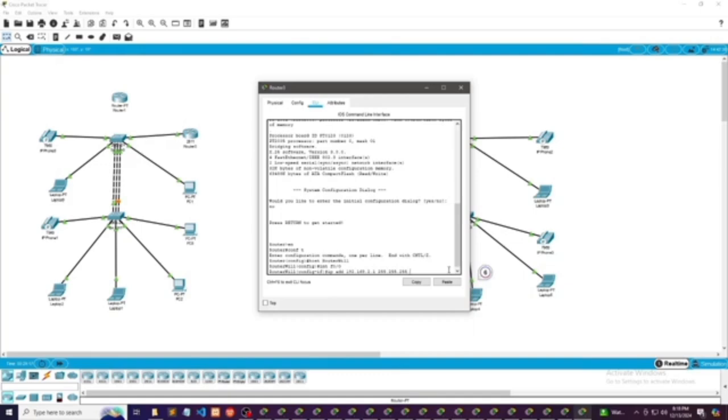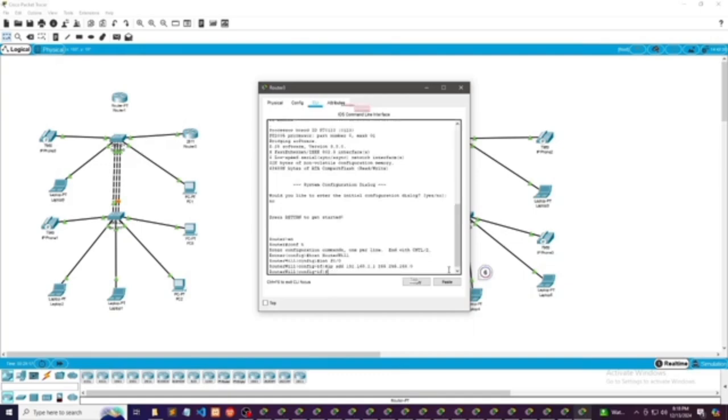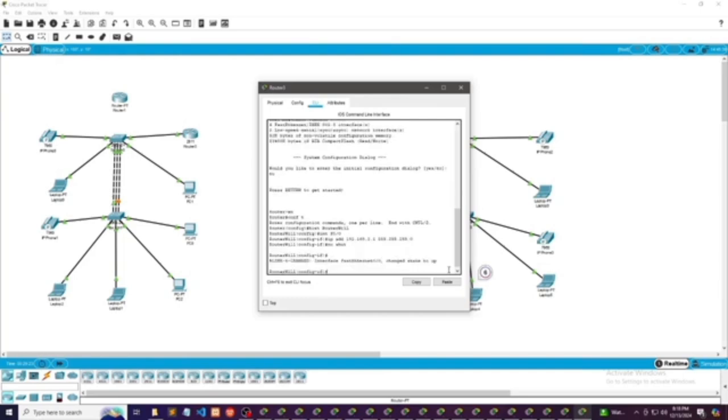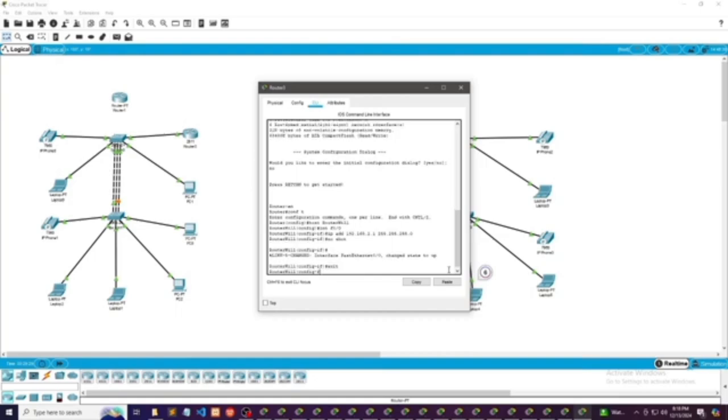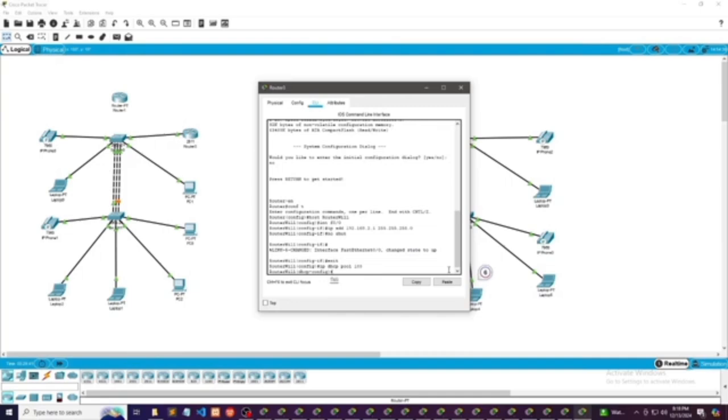After typing the codes we mentioned earlier, they're the same codes, except for the ones I used earlier. On the PCs we used 1.1 and 1.0, and here it's 2.1 and 2.0, because it's a different router. So in the net, as you can see, we use 192.168.2.0, then 255.255.255.0. That's because it's another router for another system.